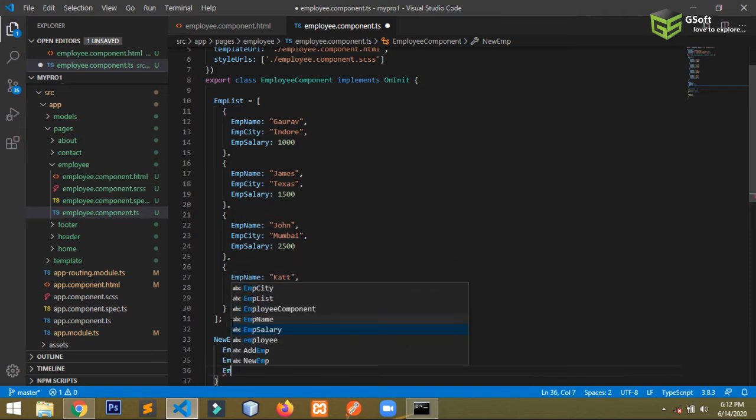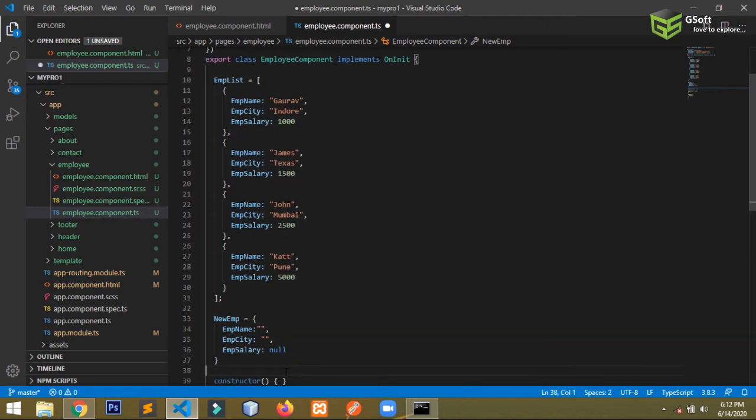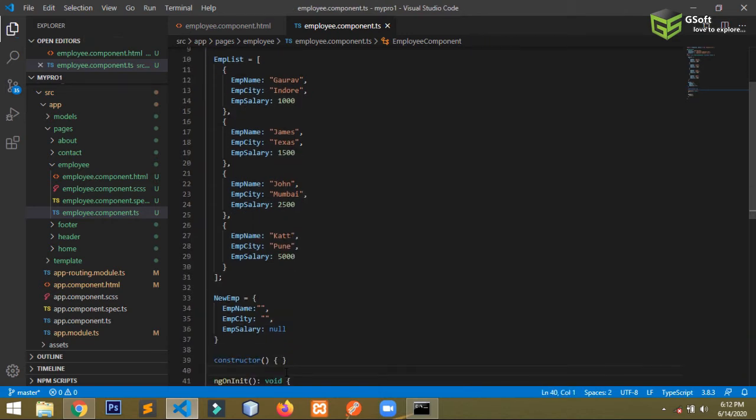Okay guys, empSalary. So here I will be using null, because I don't know, it can be a number also, or it can be a float also. So right now I'm using null here. So I'll just save it.